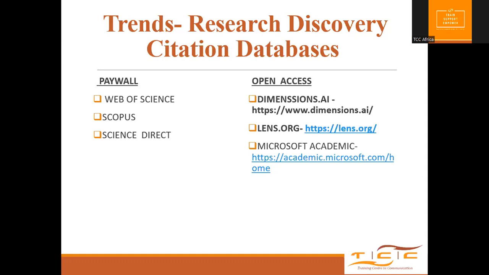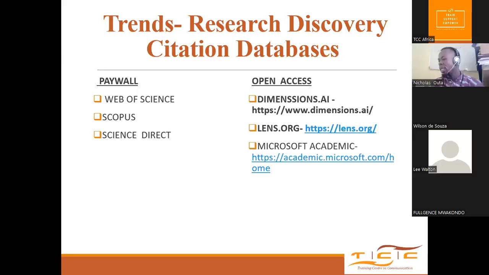That's why we need open access solutions like Dimensions and also the open research library that gives you access to some of this. I know some of them are negotiated, that they negotiate to make it accessible. But if we have open access solutions, it's fine. So Dimensions, the lens.org, Microsoft Academic, these are open access. And there are so many others like open